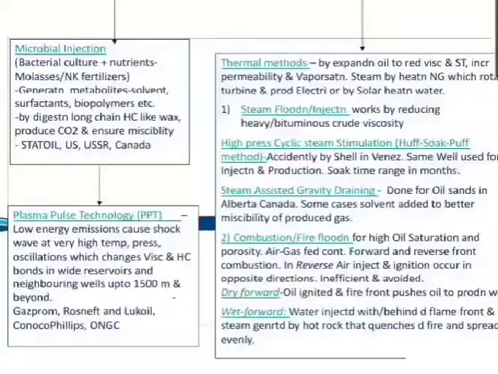A very new technology and a very interesting one is plasma pulse technology, which has of late been used for oil and gas operations. However, it has been prevalent through the Cold War ages. We must have seen several James Bond movies where they would jam the enemy planes and their radars using a plasma pulse, making them ineffective. Now, this destructive technology has been used for constructive methods in oil and gas recovery.